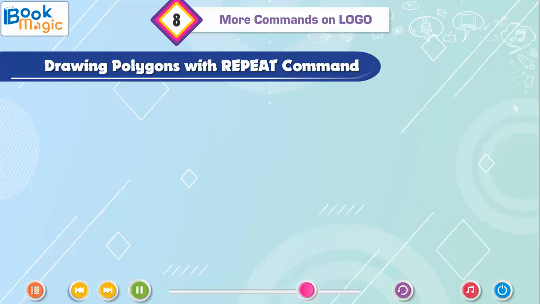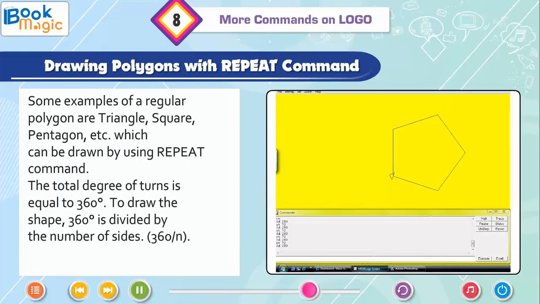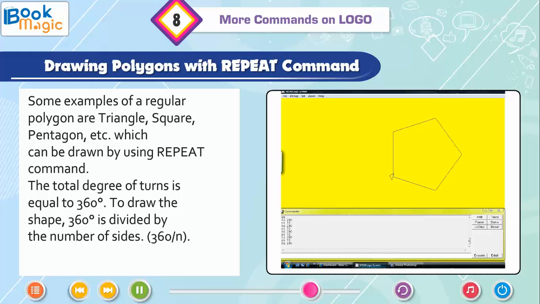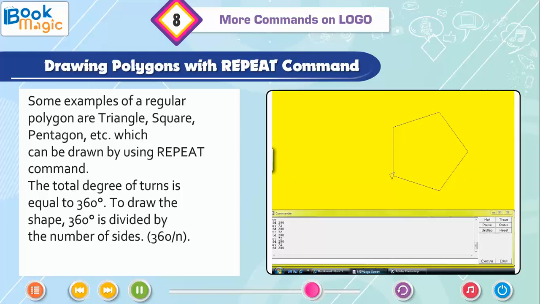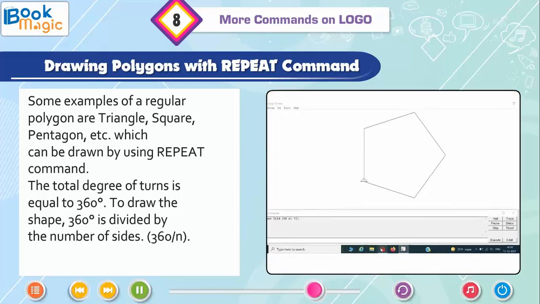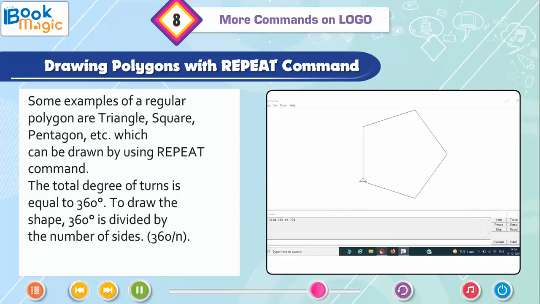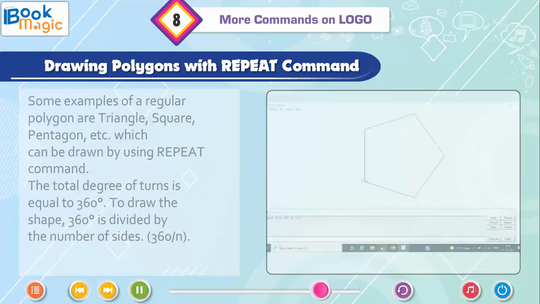Drawing polygons with repeat command. Some examples of regular polygons are triangle, square, pentagon, etc., which can be drawn by using repeat command. The total degree of turns is equal to 360 degrees. To draw the shape, 360 degrees is divided by the number of sides, 360 upon n.